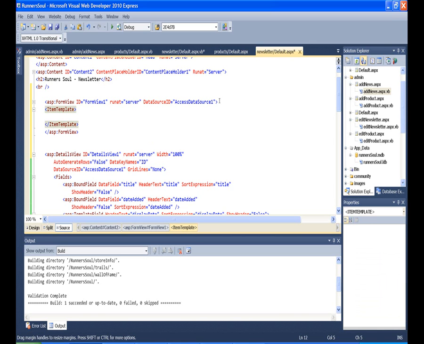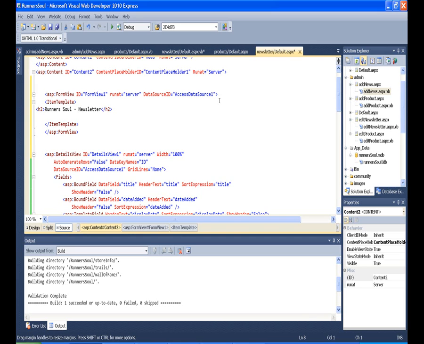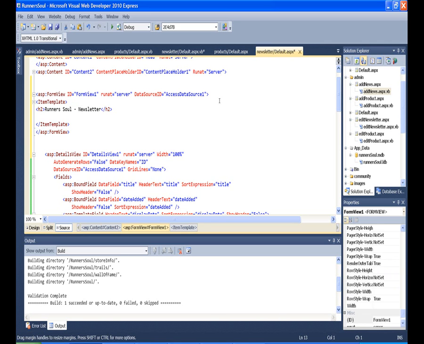We could just move this whole runner soul newsletter, or just the words newsletter, inside here. In fact, let's do that. Put it inside the item template. And I'm just going to pretty this up here for a little bit. Fix my indentation. And then I'm going to get rid of the runner soul on here and just say newsletter. And then right underneath that,